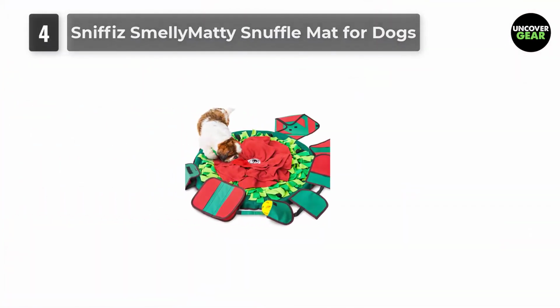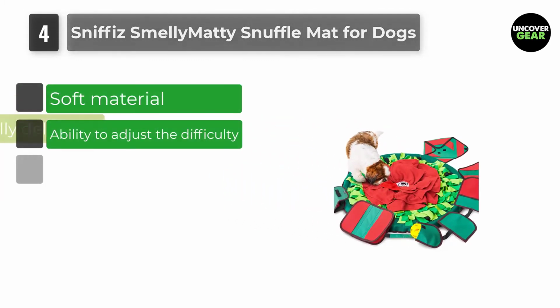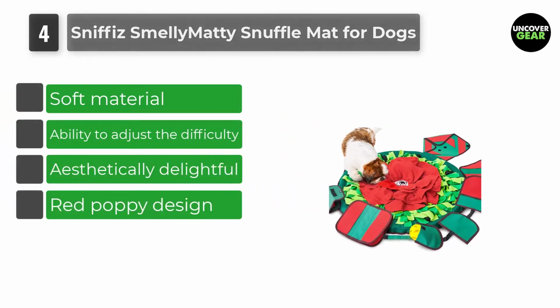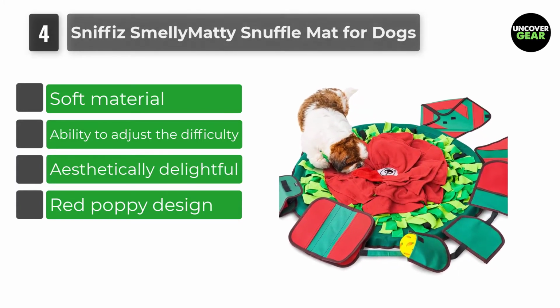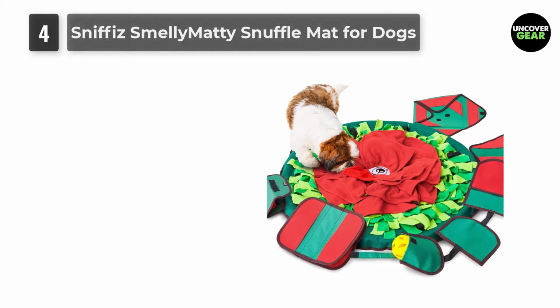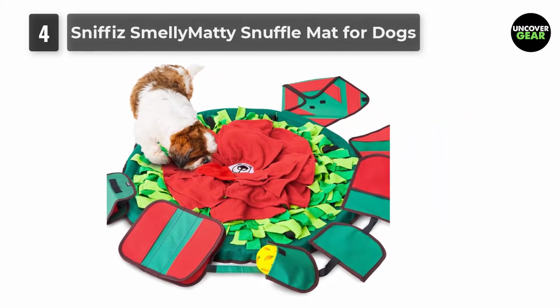Number 4. Sniffers Smelly Matty Snuffle Mat for Dogs. Amongst the most popular snuffle mats on the market, Sniffers is by far the most aesthetically delightful. It's even a pleasure to look upon this red poppy design, the splendor of which is enhanced by its contrasting